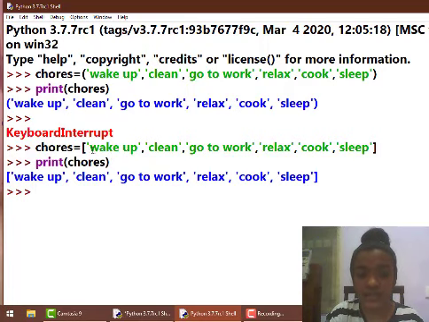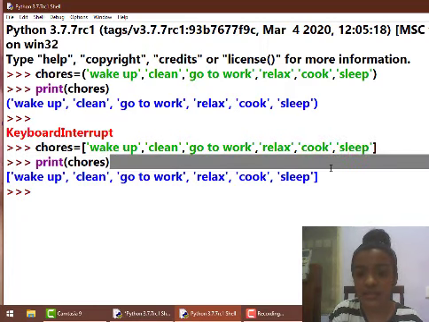For example, if I need to print the wake up alone as my output, what I should do is use something which is called indexes. What do you mean by indexes? The term index means the position. For example, as you see here, sleep is in the last position, which means sleep is in the last index.